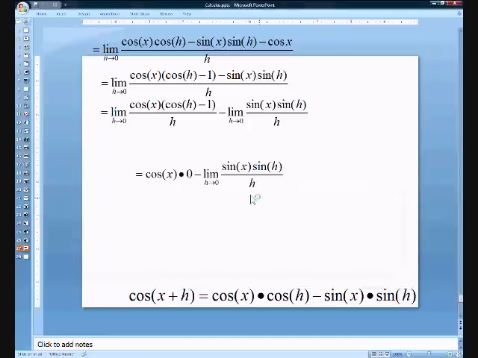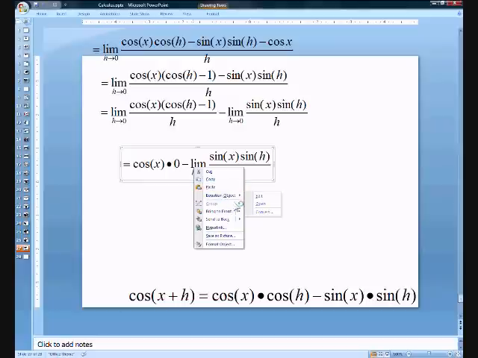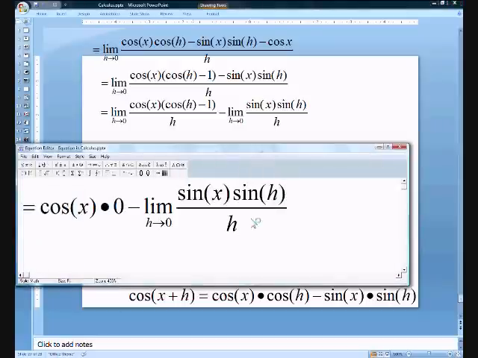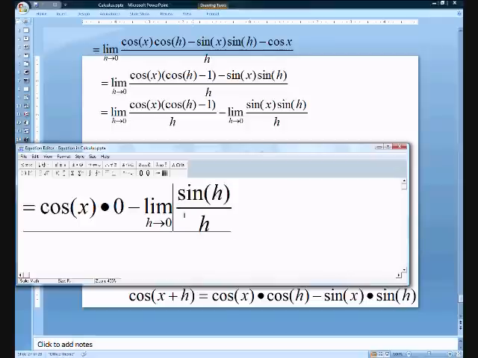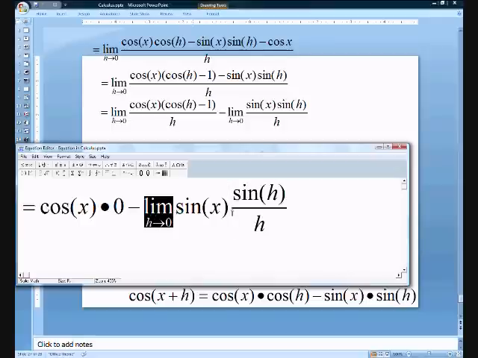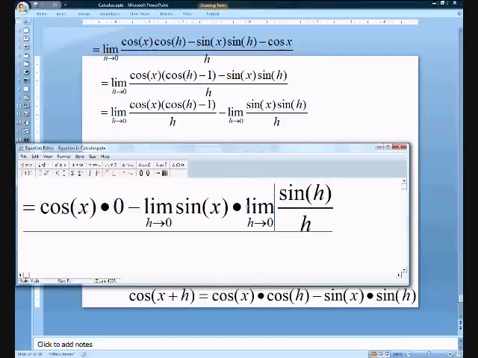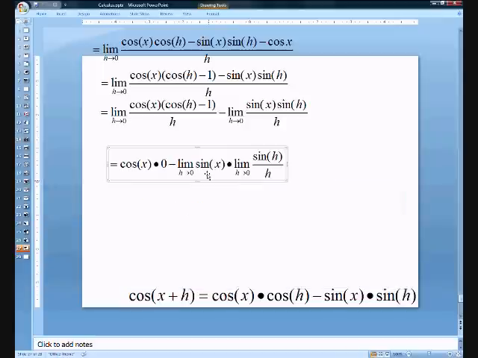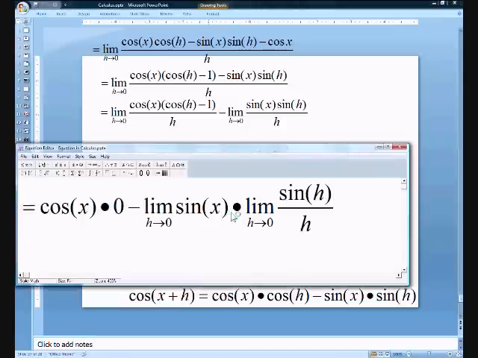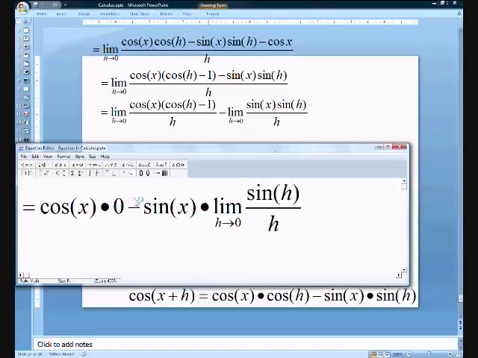Alright. Now let's try to find the limits over on this side. So we can split this up, right? We can split this fraction up. So we can take the sine of x out of the numerator here and just have the limit as h approaches 0 of sine of x times the limit as h approaches 0 of this quotient. So we found ourselves in a similar situation again. We can't take the limit as h approaches 0 of sine of x because there's no h here, so it's a non-factor. We basically negate that limit,